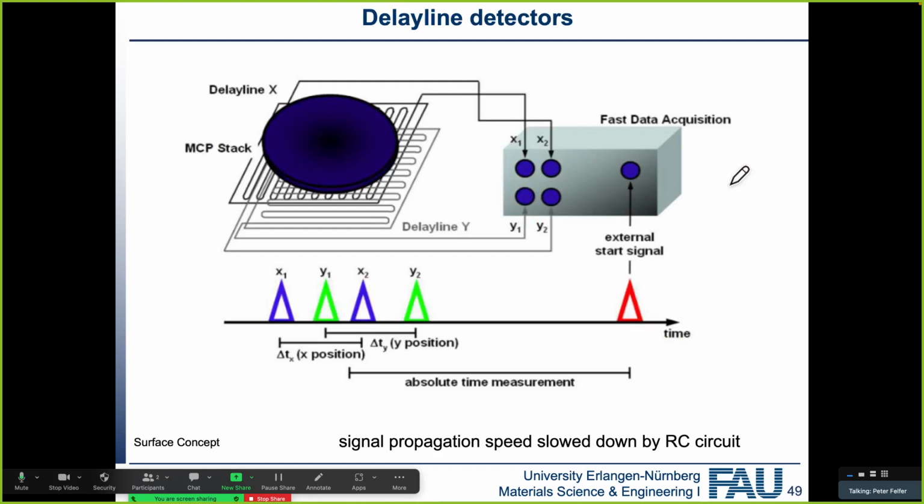So how does the position encoding work? Well, it's relatively simple. I think we talked about it already last time a little bit. So we have essentially wire meanders. And the electron cloud that the MCP produces hits somewhere here. And it's relatively large. It might be a centimeter across, depending on how far away from